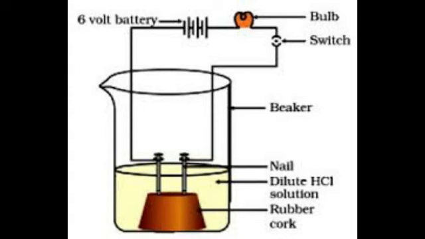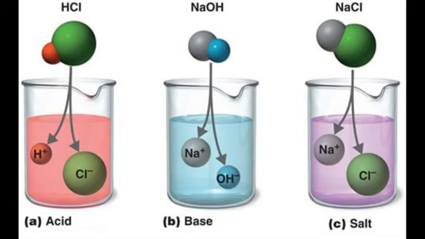Now why is it that only an acidic solution or a basic solution conducts electricity in water? That is because they produce ions. Remember, I told you that acid produces the hydrogen ion when in water, and the base produces the OH minus ion when in water. Now with the help of these charged ions, electricity passes through them, and hence these two solutions in water conduct electricity.